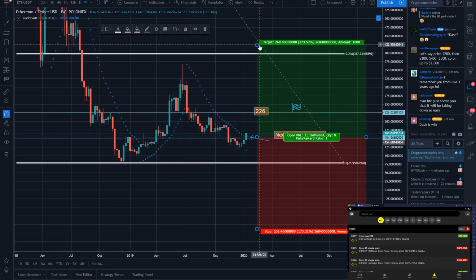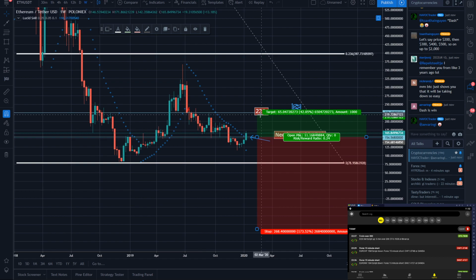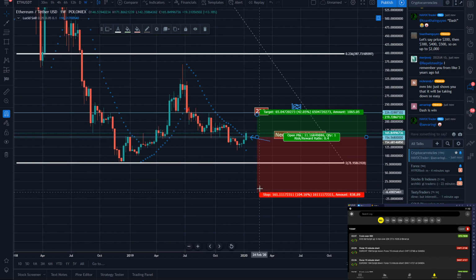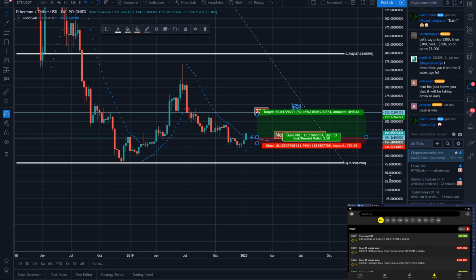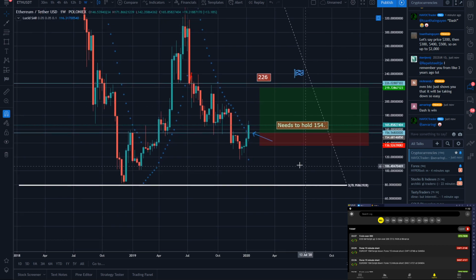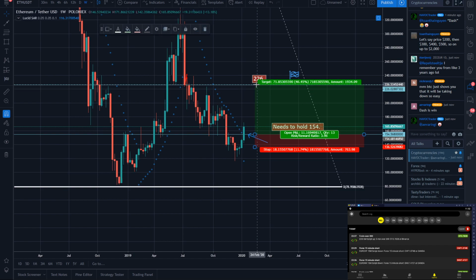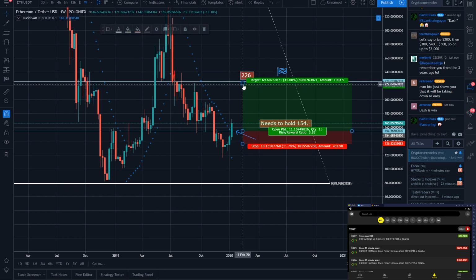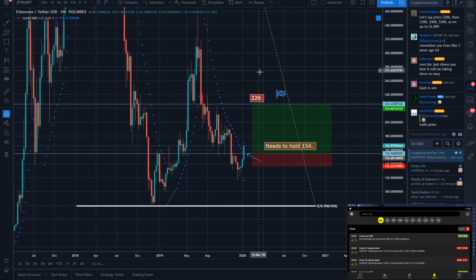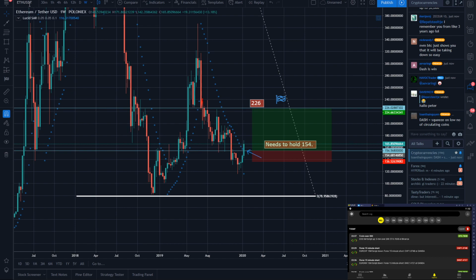So this is a 40%. So if you ask me, 10% stop loss is okay. So you got 1 to 4 risk to reward ratio, and that's for Ethereum. Let's see